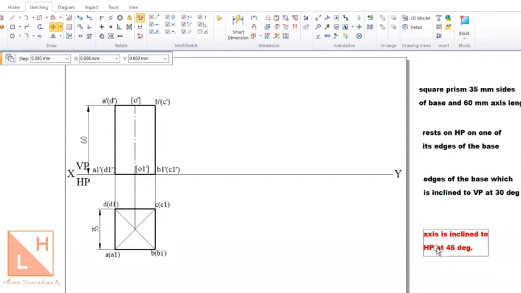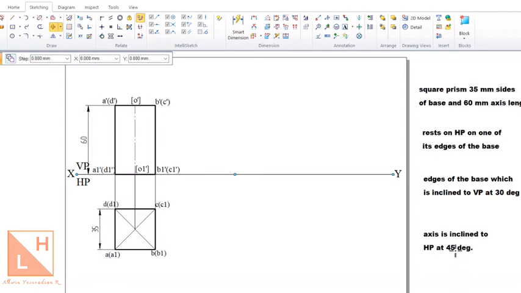That's it. So now the question says the axis is inclined at 45 degrees to the horizontal plane. So angle HP, you are going to draw it in the vertical plane, that is opposite, as we have done in the projection of planes and even lines and points. So any condition with HP will be visible in the opposite plane, that is the vertical plane. So let us check the position of the axis in the first position. Right now you can see O dash O1 dash is the axis and it is inclined at an angle of 90 degrees to the XY line, and the length of the axis is 60 millimeters.